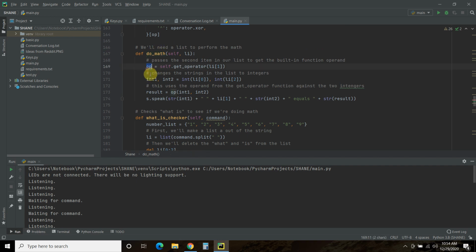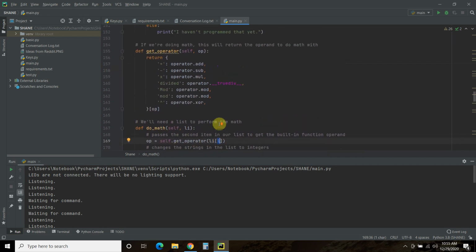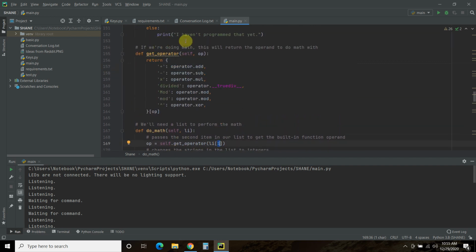So what we're going to do is set up an operator by getting the get operator function, and we're going to pass it the second part of our list, or index 1. So in 2 plus 2, the second item is the plus. In 4 minus 2, the second item, or the first index, is the minus symbol. So it's going to come up here to the get operator, and this is what you use the operator function for. So if I say 2 plus 2, the plus comes up here,